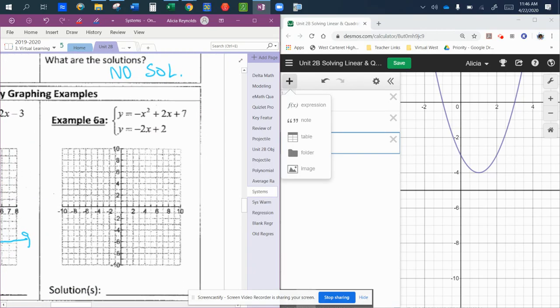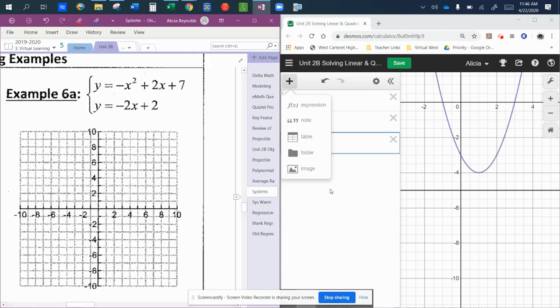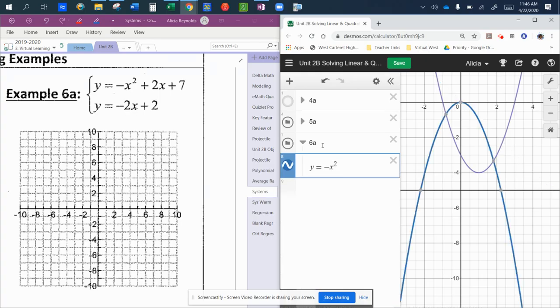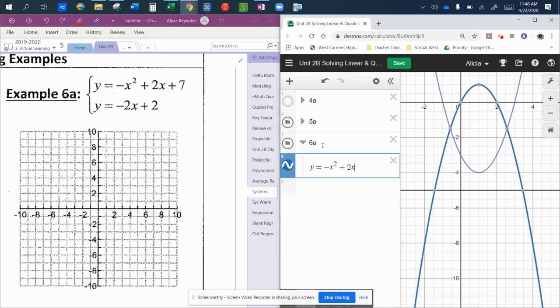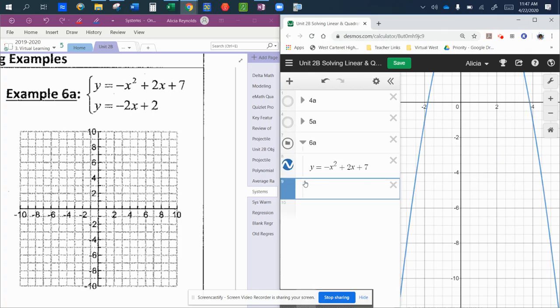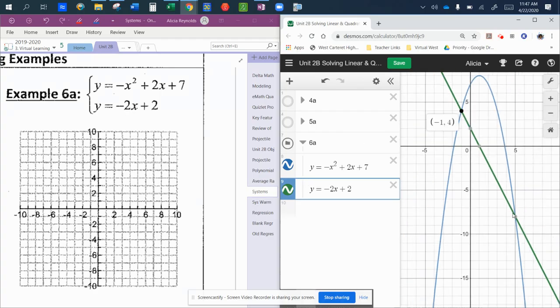Our last example, so we've got folder 6a, equation y equals -x squared plus 2x plus 7. And again, we can turn off our 5a folder. And then our line y equals -2x plus 2. And we can zoom by clicking the little minus sign here, and we see our gray dots pop up